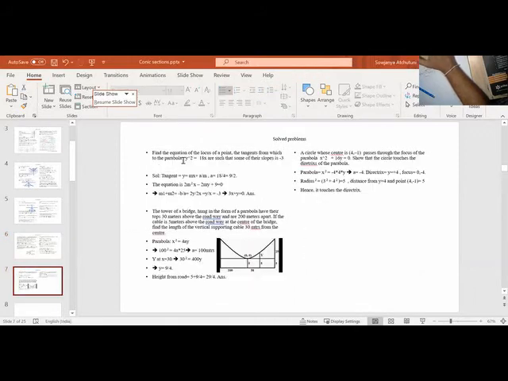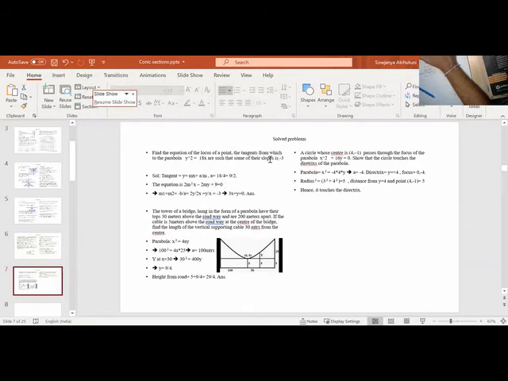Now let us see. Find the equation of the locus of the point from which the tangents to the parabola have the sum of their slopes equal to minus 3. Now the equation, we know, y is equal to mx plus a by m. What is a here? a is 18 by 4, that is 9 by 2. So when we convert this, we get 2m square x minus 2my plus 9 is equal to 0.